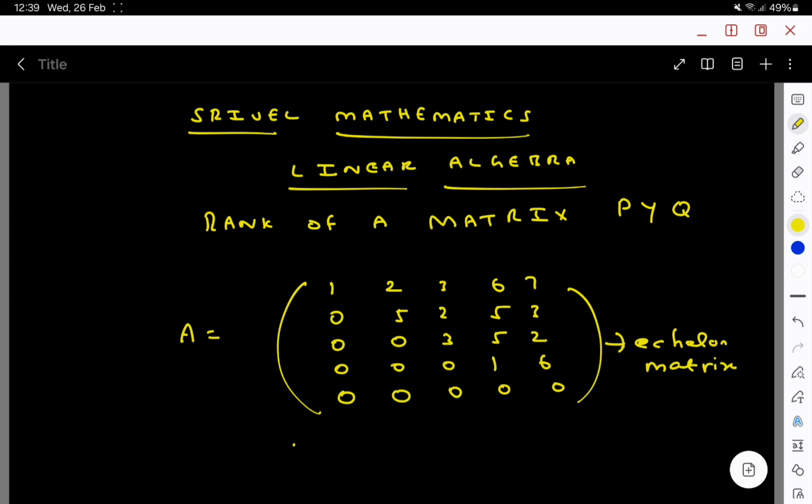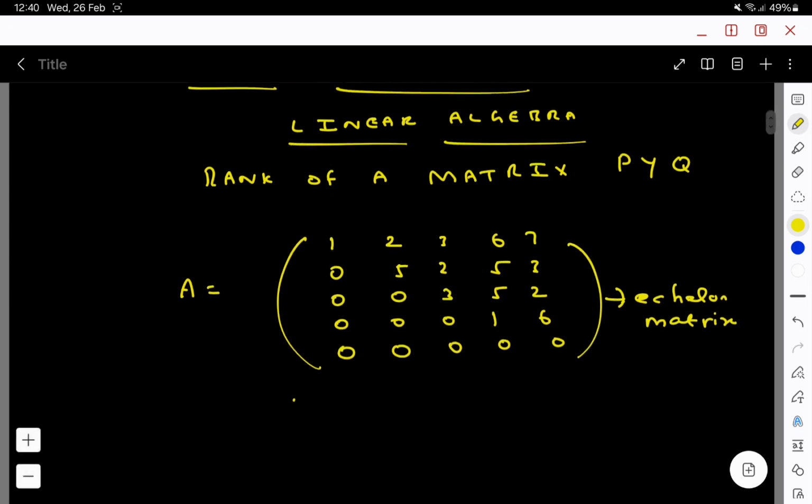Now we see the rank of the matrix. We can find the rank of a matrix from the echelon matrix. It is a very easy method. This matrix A is an echelon matrix. Why is this an echelon matrix? There are four conditions. The first condition is